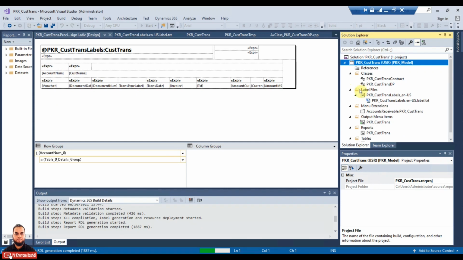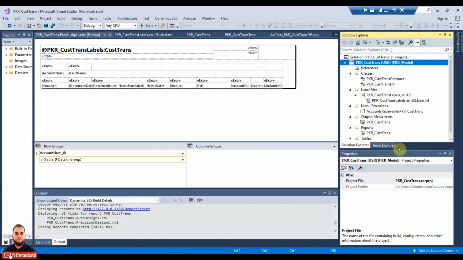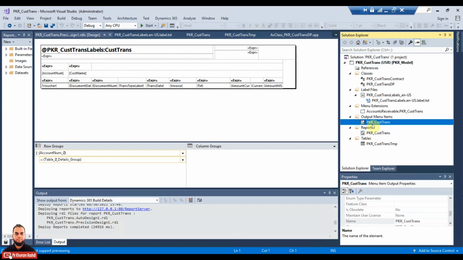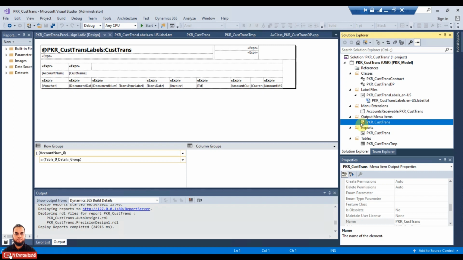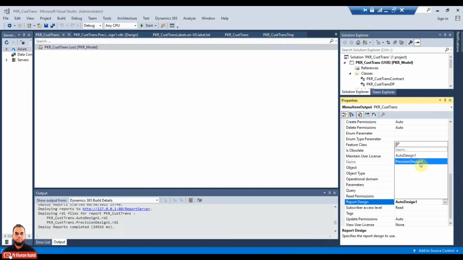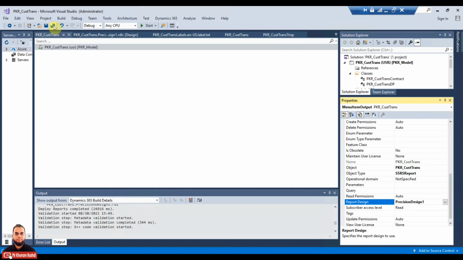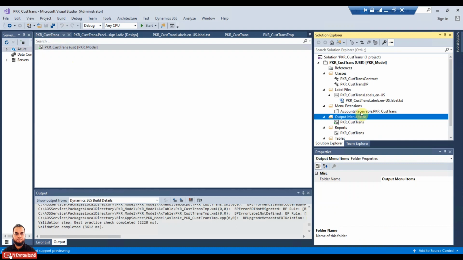So I just called the report, but it is still showing the auto design, because in the menu item we also need to adjust it to correctly call the new design. For that, I will just double click the output menu item, and in the properties the report design needs to be precision design now, and just save and deploy the report. The report is already deployed, no need to deploy it again. We just need to